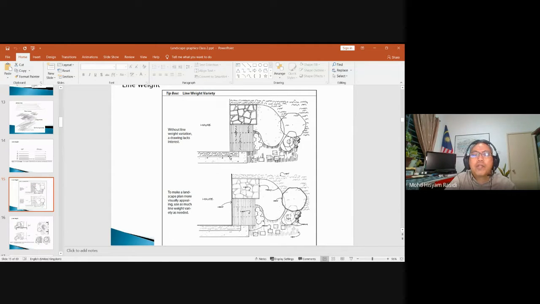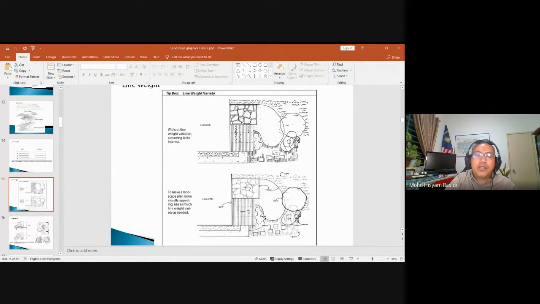For example, you can see the big trees. You can use a thicker line a bit. So the medium trees you can use a bit less. For example, if you're using 0.5 for the big trees, maybe you can reduce a bit to 0.3 and 0.2 or 0.15. So the lowest level you can see, especially when you draw the grass and some texture